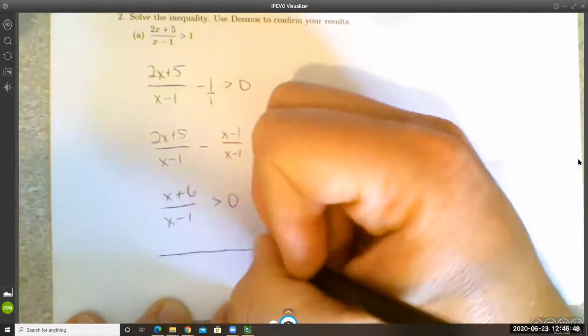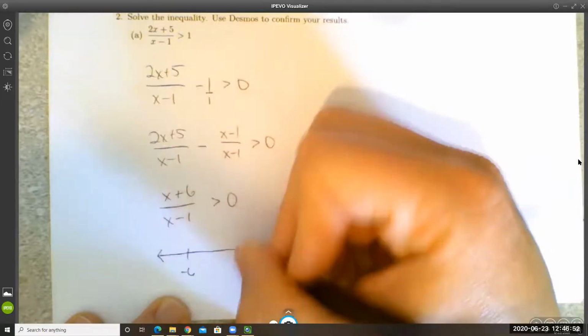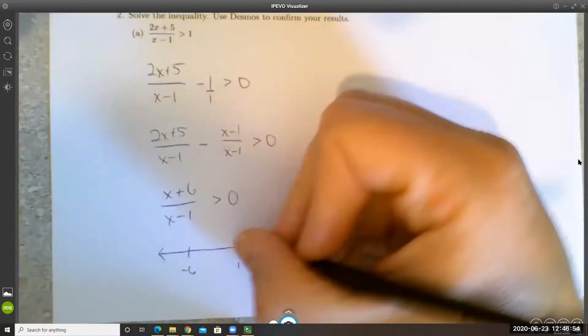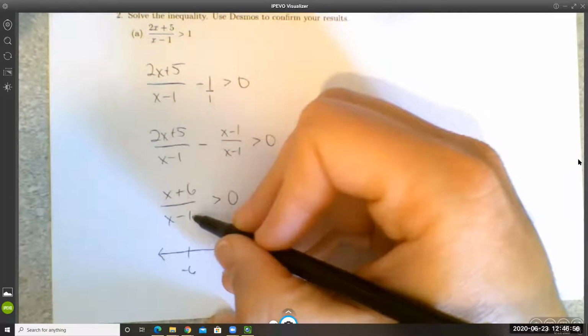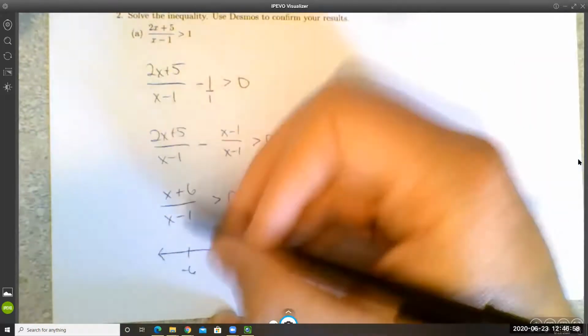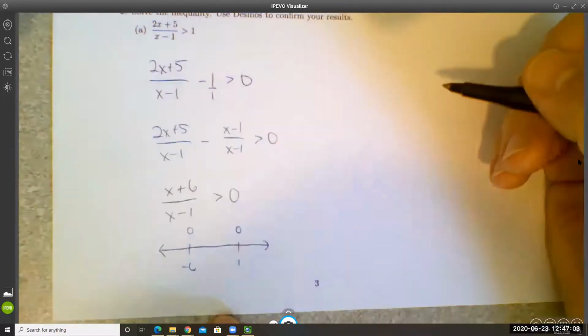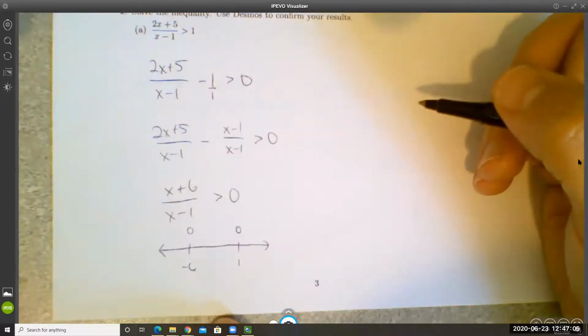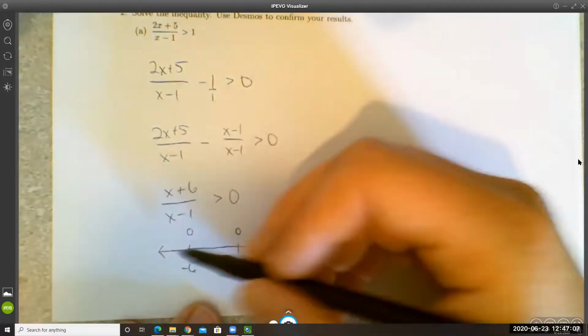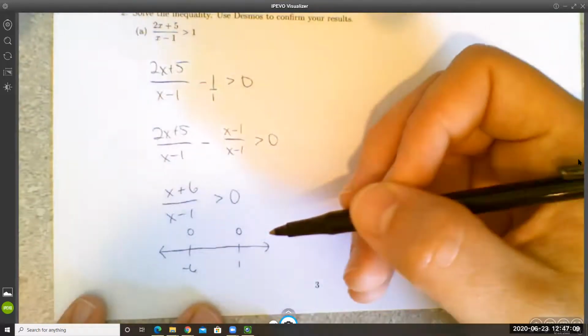So I'm going to plot those 2 points on my number line, negative 6 and 1. I'm going to plot the 1 with an open circle because it came from the denominator. I'm going to plot the negative 6 also with an open circle because the inequality is strict. Okay. So now I choose test points in each of the regions and see where the expression is positive and